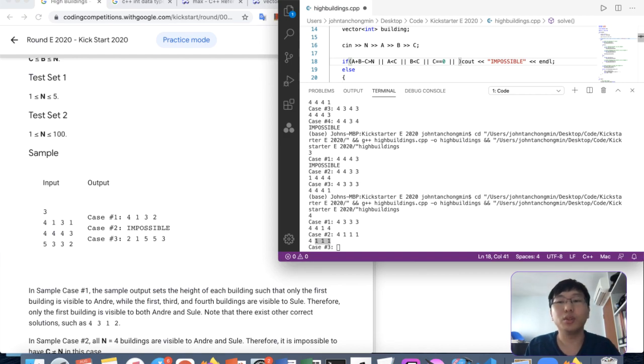Because when c equals 2 it's okay to hide, but when c equals 1 it's not okay to hide. One person will definitely have to see 2 buildings, by nature of the fact that based on this tallest building, there should still be some smaller buildings on one side. One person will need to see more than one. Okay, so c greater than 1, and if c equals 1 and